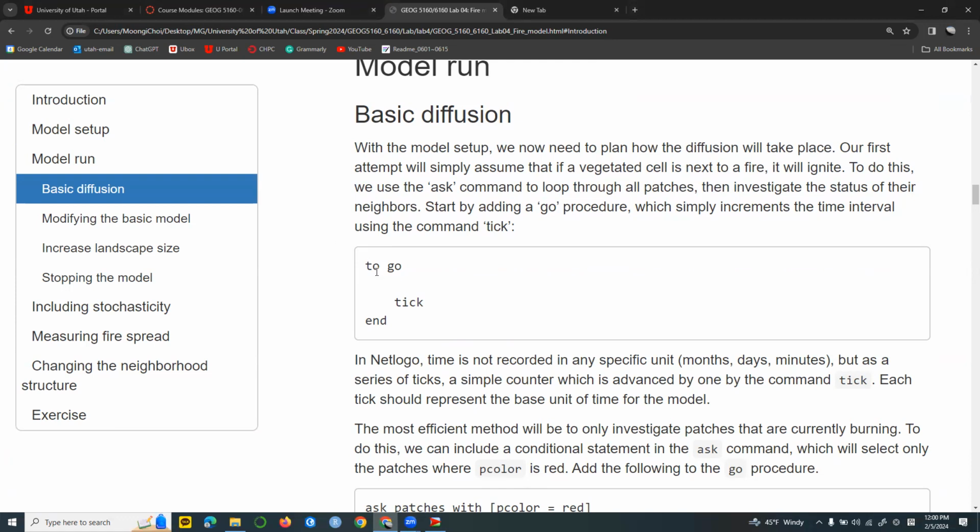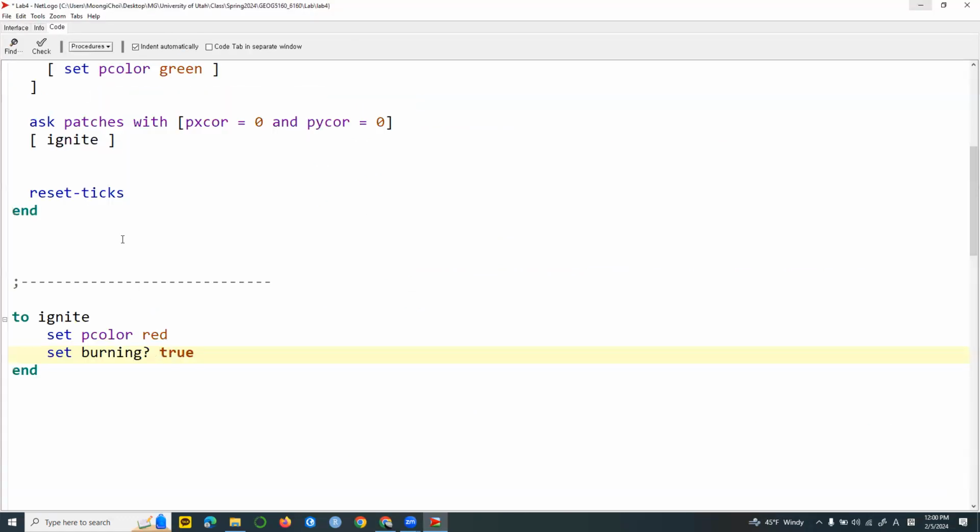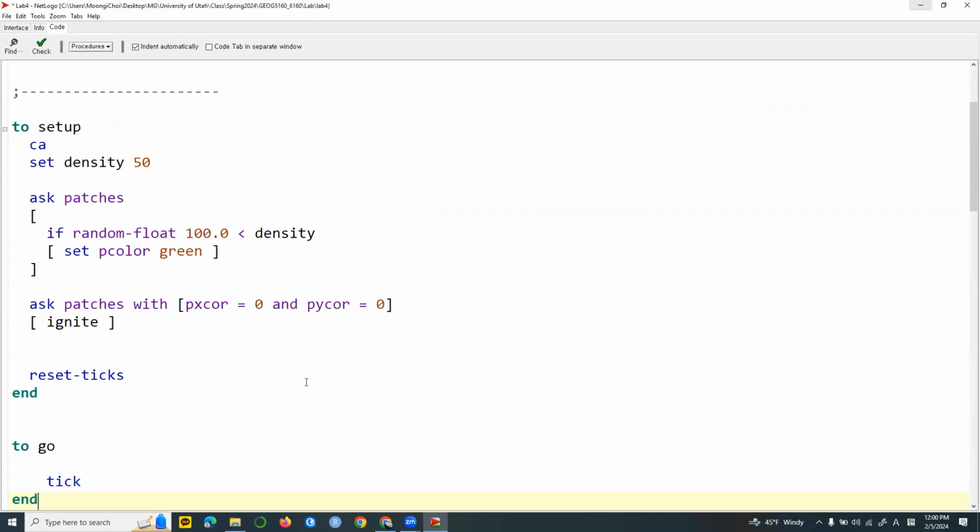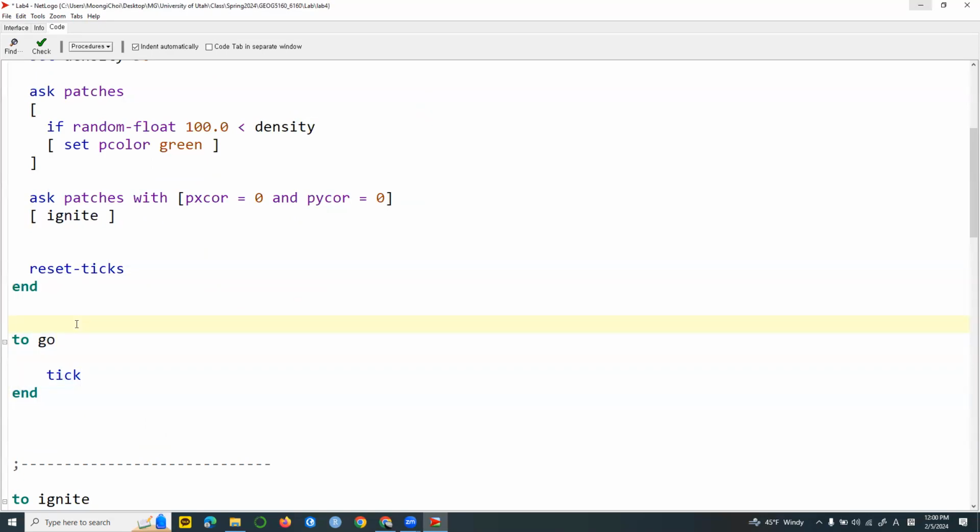Okay, so click, just block in. Okay, I just put the go function below the setup function. Okay. Cool. And then